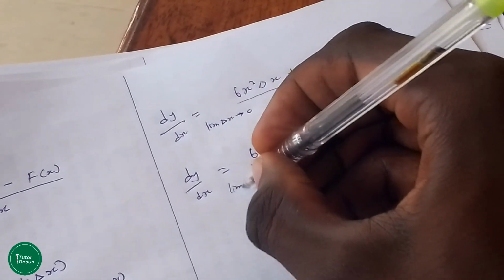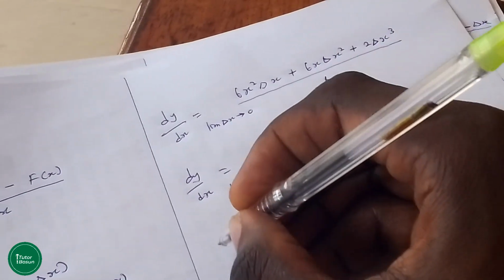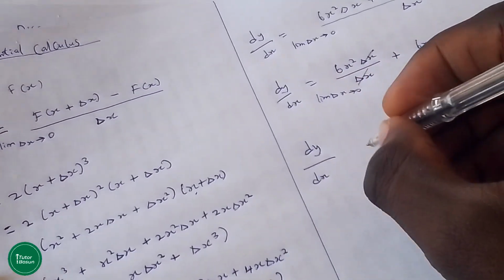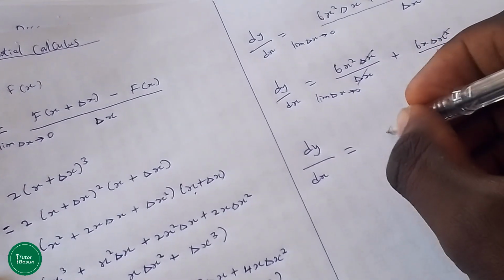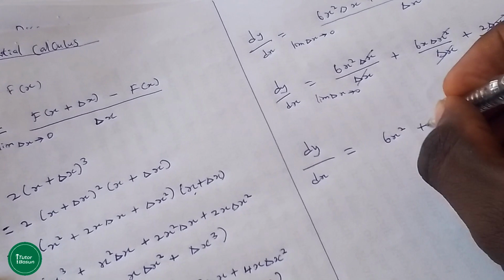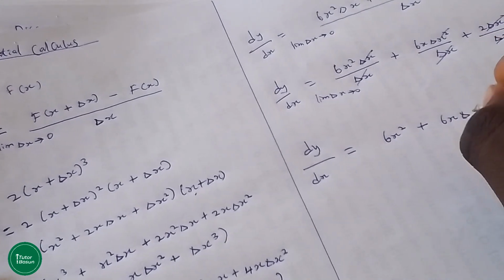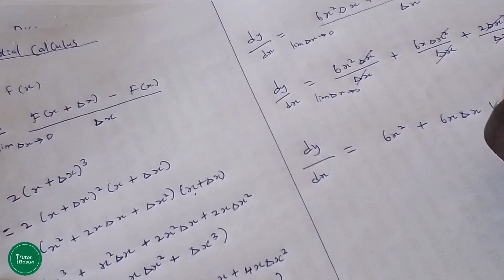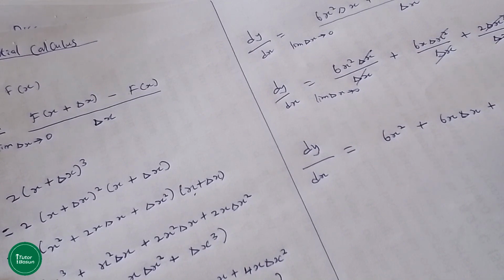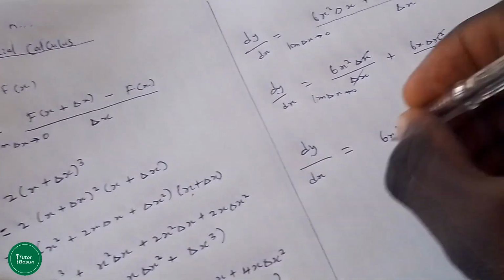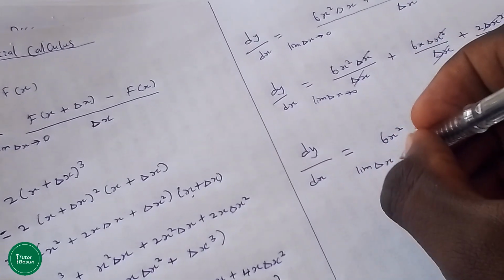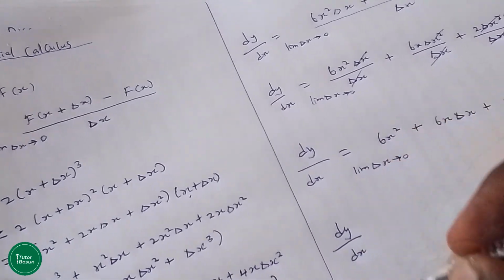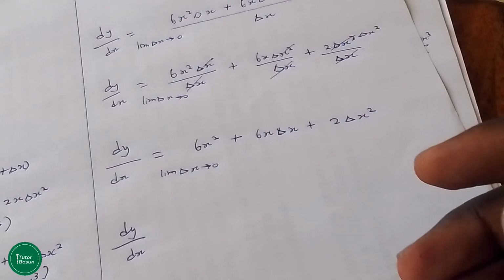Then setting the limit of delta x to 0, automatically our dy/dx will be 6x squared plus 6x delta x. Remember, we are left with one delta x here, plus 2 delta x squared, setting the limit of delta x to 0. Now the dy/dx is finally giving us,